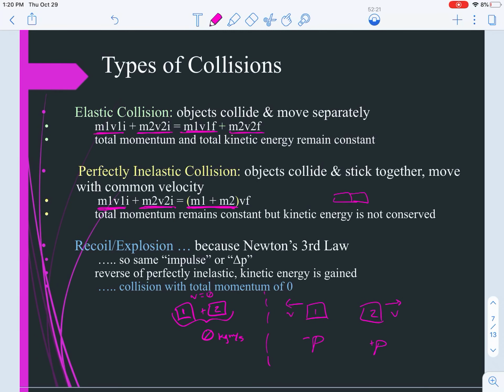These are the different types of collisions that you need to know. You need to be able to identify from a description or an illustration what type of collision we have. You need to be able to identify which is the correct equation to use in each of these different scenarios. And we should understand that in all collisions, we have conservation of momentum, so the total amount of momentum does not change. However, in perfectly inelastic collisions, the amount of kinetic energy does change. The total amount of kinetic energy does